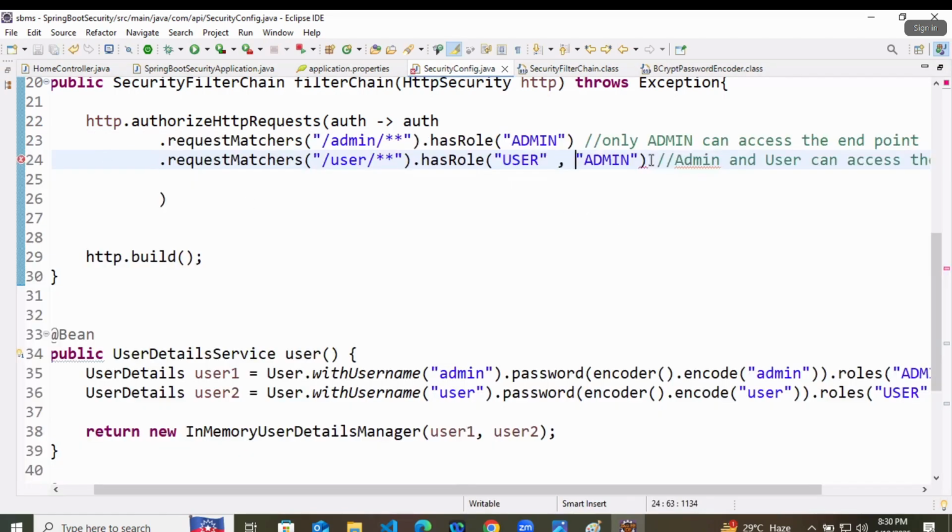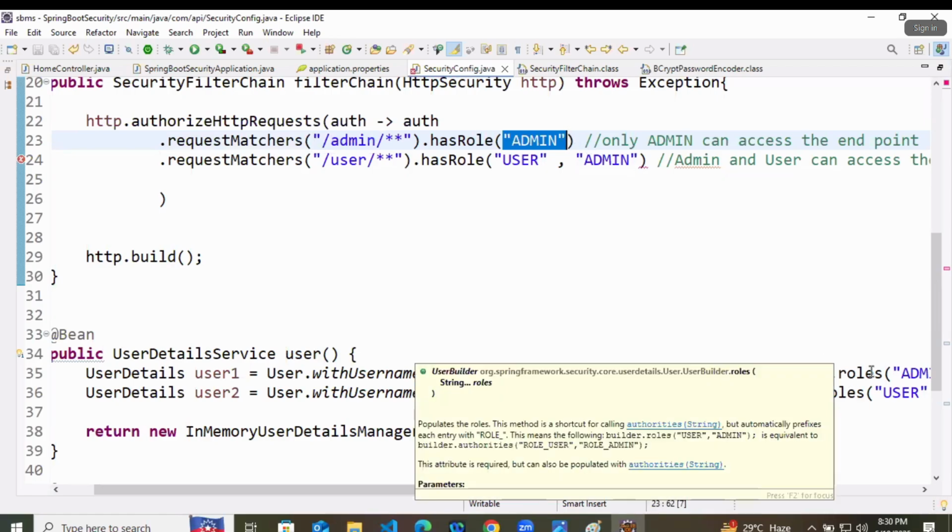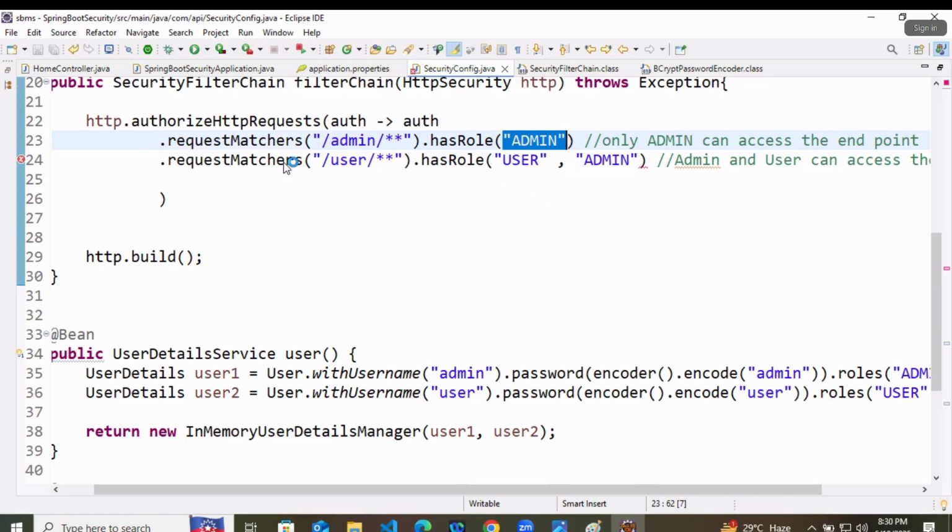So here, let's understand this only first. Any request coming from /admin, only admin will use. And admin means whose role is admin. If any request is coming from /user, it means that user and admin both can use them.